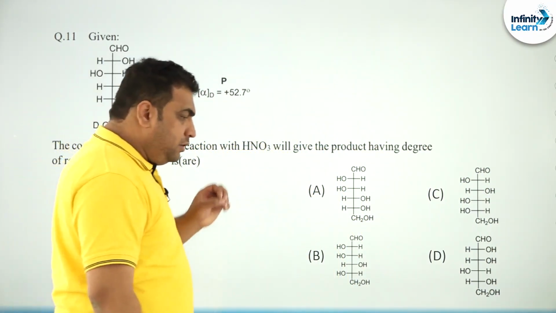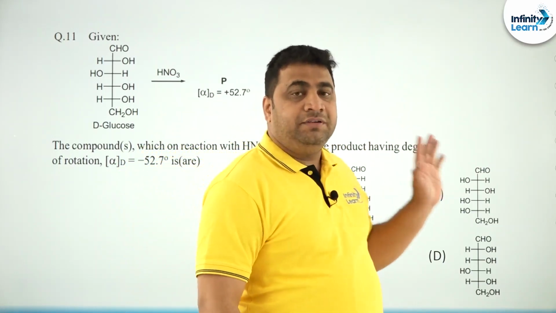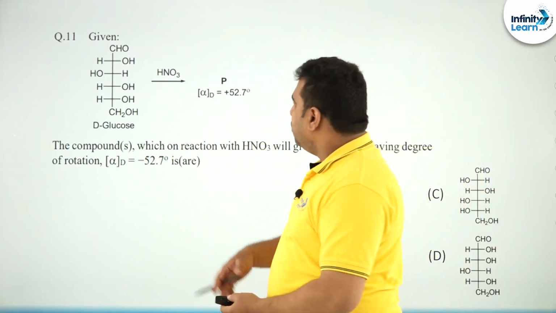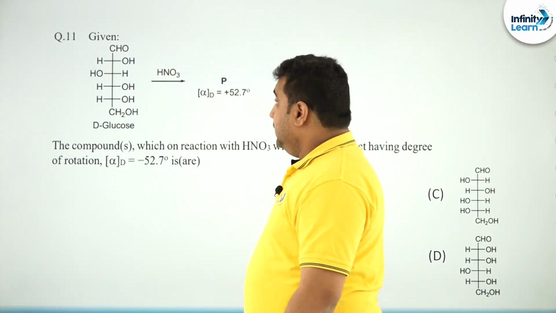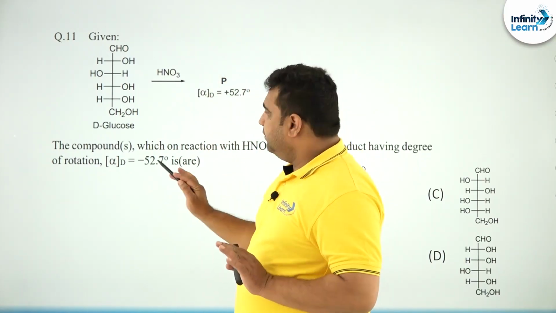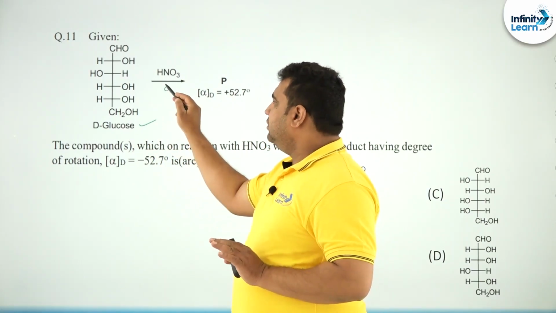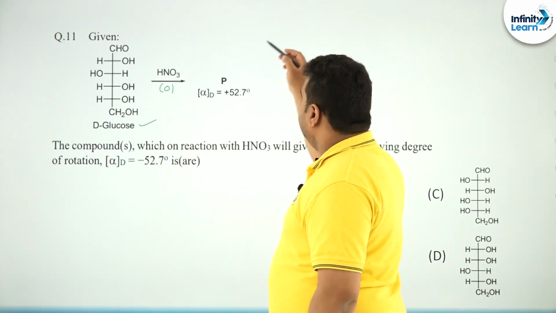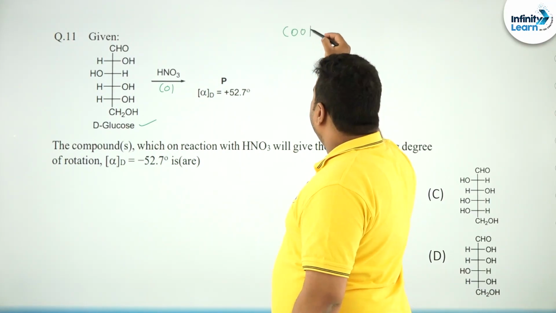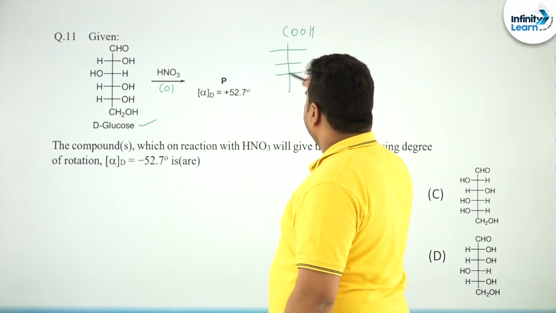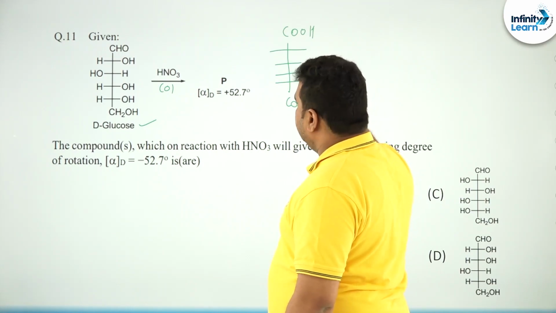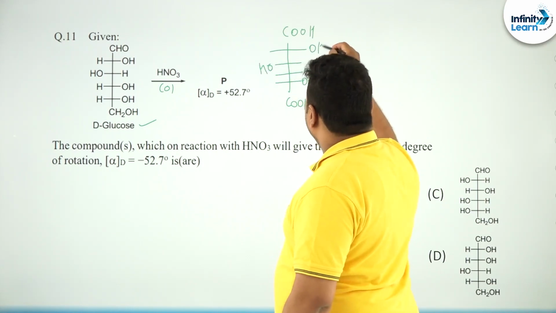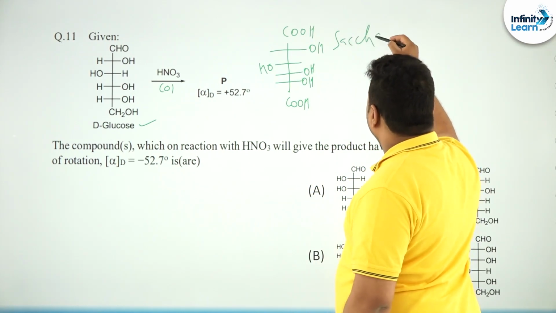You observe, most of the students here will make one very big mistake. What is that mistake? They will start writing the products here and think that some answer will come from the products only. No. He gave an equation, observe it: D-glucose, oxidizing agent, P. If you are good enough in chemistry, you know you are going to get this compound, and this is called saccharic acid,